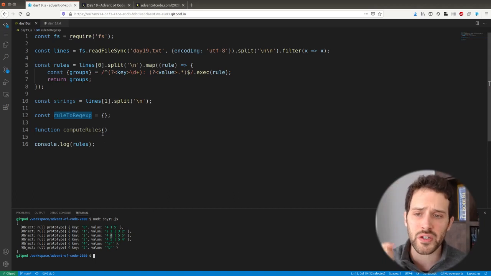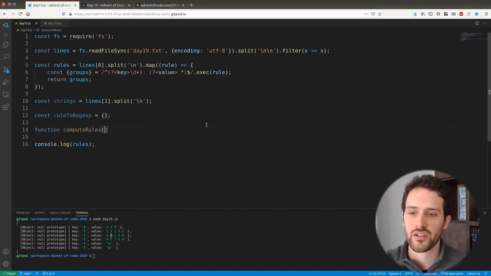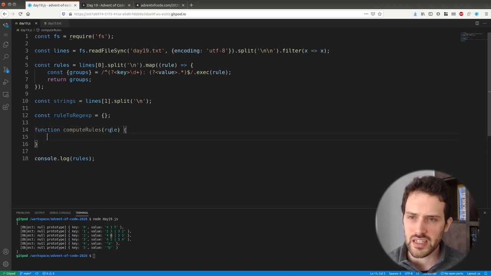So what we're going to do is use memoization here in this object, to make sure everything is stored here and we don't recompute a rule several times. So compute rules, here we're going to have a rule and rules. Let's do that. And we're going to say, let's say, if rule in rule to regexp,